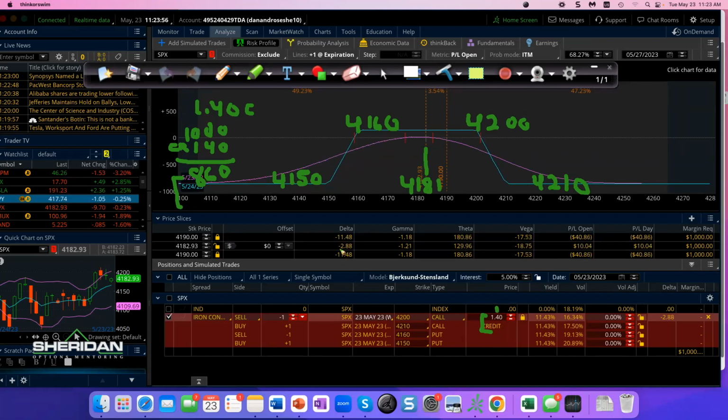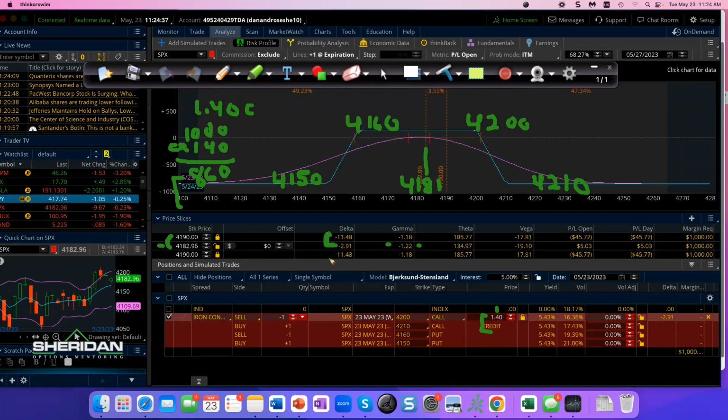Let's look at the Greeks. This says I'm 2 deltas short. Now we've moved up to 4182, but you can see the gamma is minus 1.22. So if we go up even 7 points, my deltas get from 3 to 11. If I took the 1.23 times 7 points, if we go from 4183 to 4190, that's 7 points, that's about 8. You're going to get shorter by 8 deltas